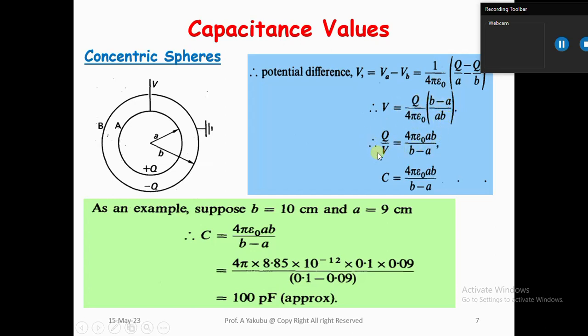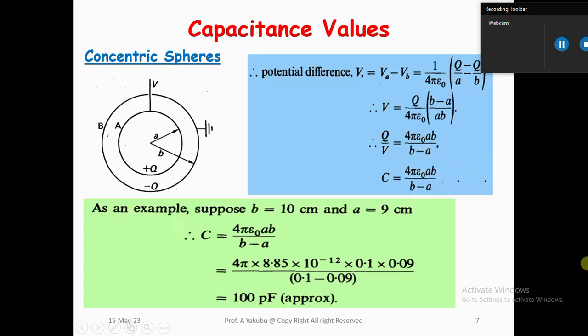And we are trying to look for the capacitance, which is charge over voltage. So you make this subject of the formula, then you are going to have 4 pi E naught AB divided by B minus A. To get the capacitance from here, it means our capacitance is going to be 4 pi E naught AB over B minus A. If you have this data, you are able to